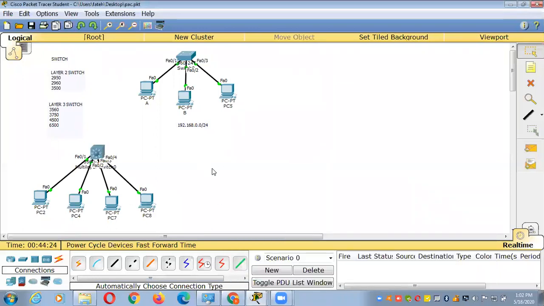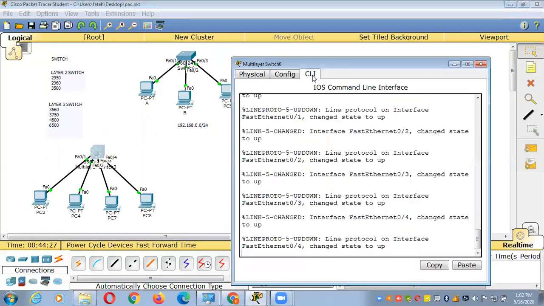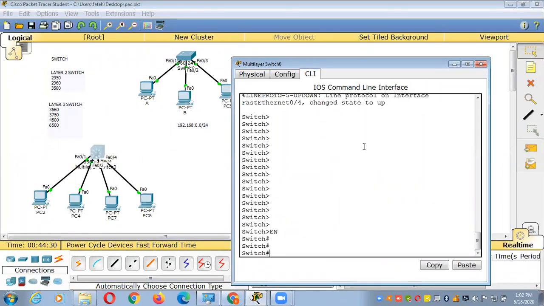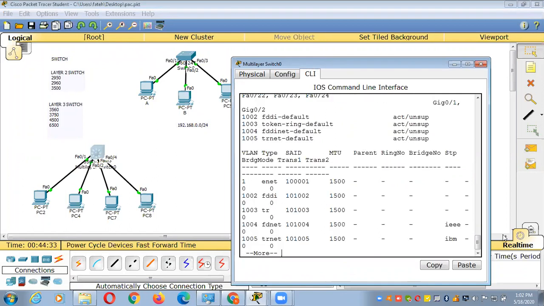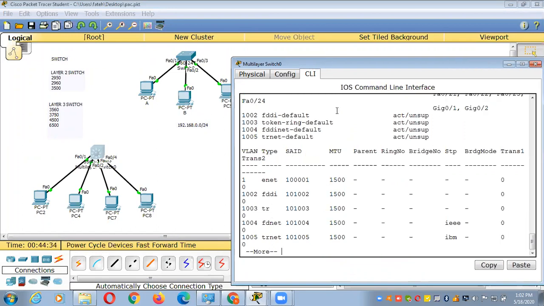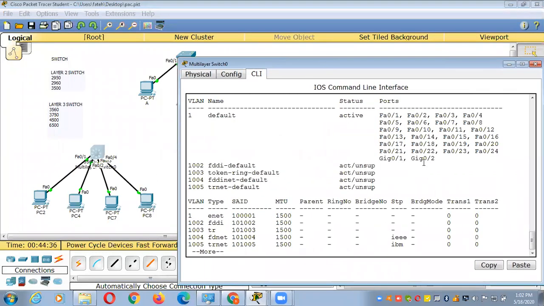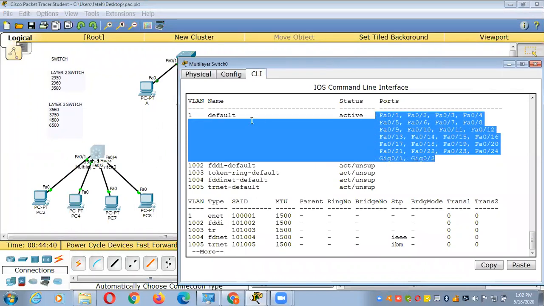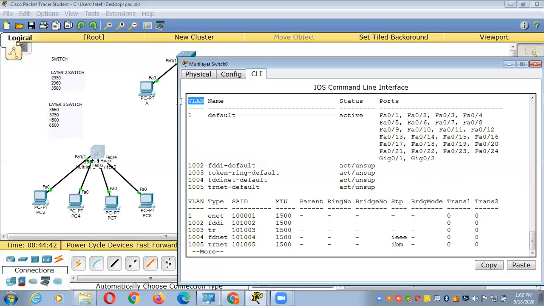See, this is a layer 3 switch. All the interfaces of the layer 3 switch will be in VLAN 1. This VLAN 1 is called the default VLAN.